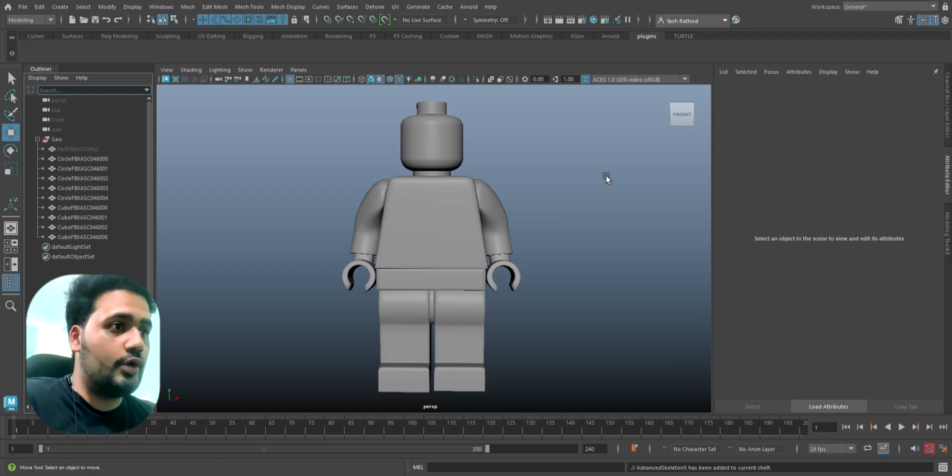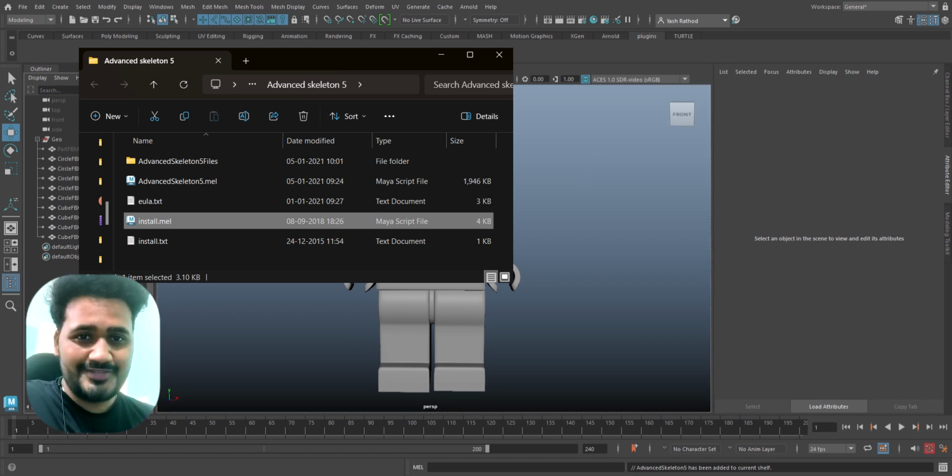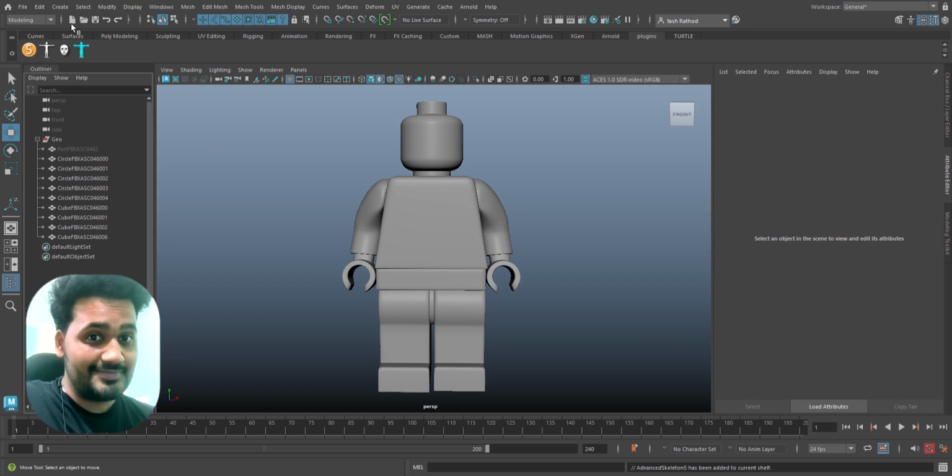So first, what I'm going to be using is a great plugin known as Advanced Skeleton. The way to install it is to take this install mel script and just drag and drop it into the viewport. And once that is done, you can now